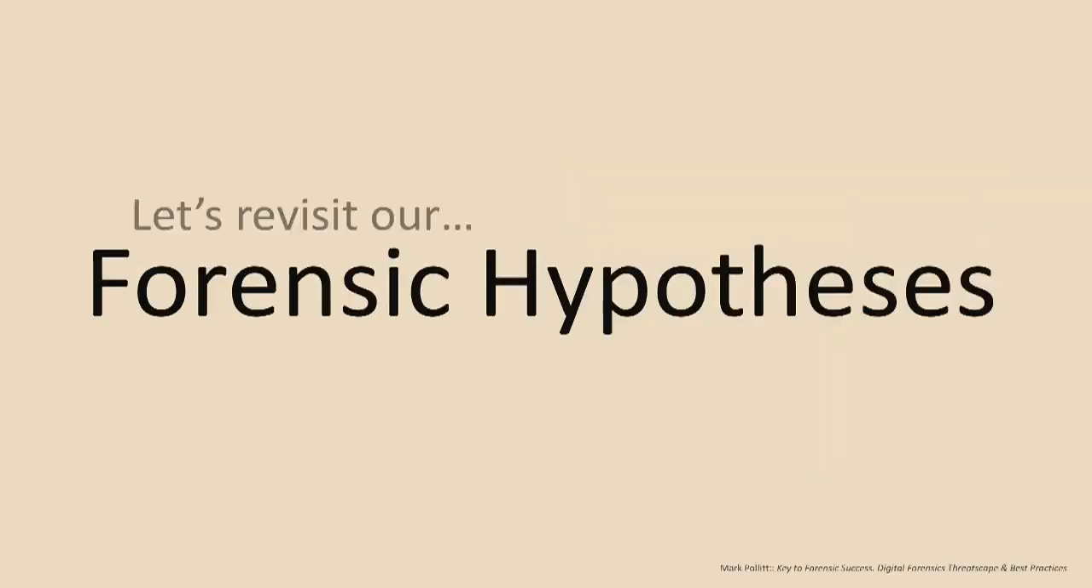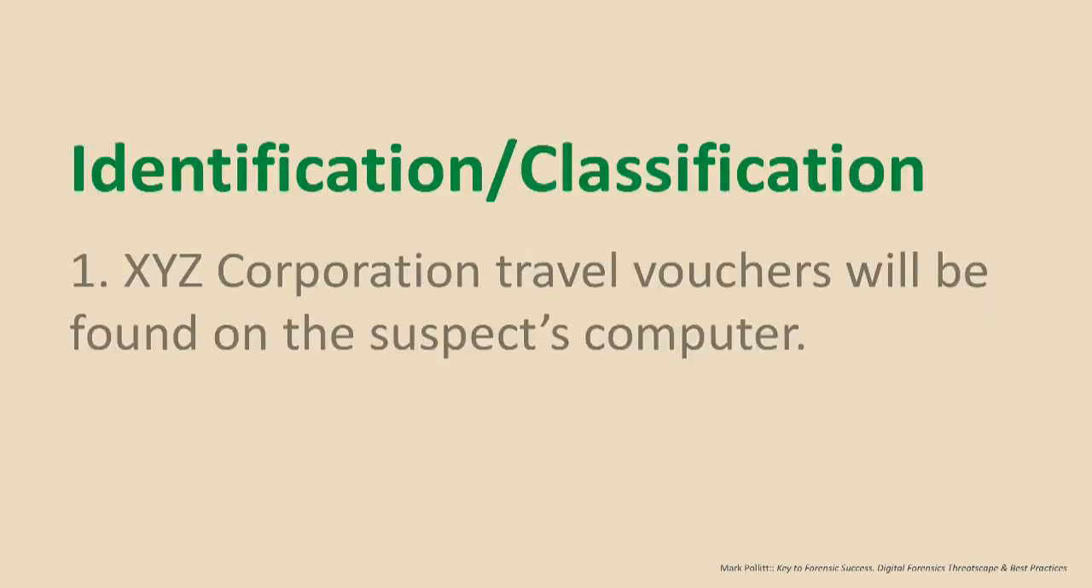All right, so now let's revisit our forensic hypotheses a little bit. So as far as in the frame of these Inman Rudin paradigm, right? So let's talk about the identification and classification part, all right? So XYZ Corporation travel vouchers will be found on the suspect's computer. So we're going to identify those vouchers. We may be able to know through some interviews what file types those may be in, right? We might see those as PDFs, for example, or maybe Word documents. All right, so we can identify and classify